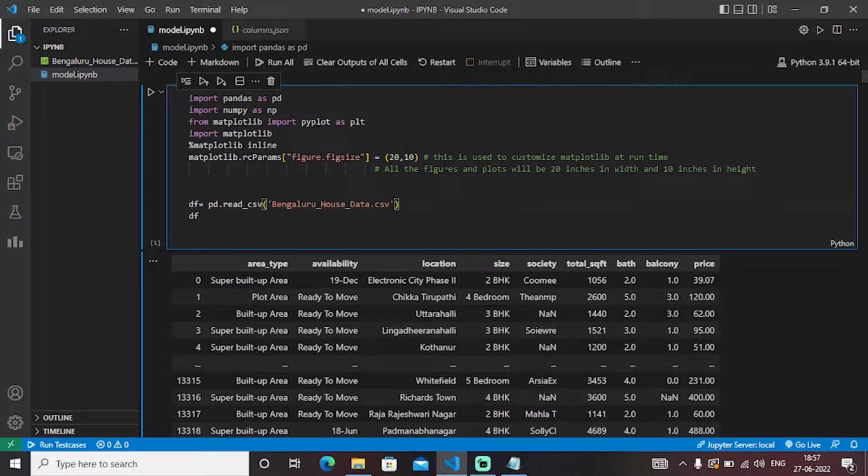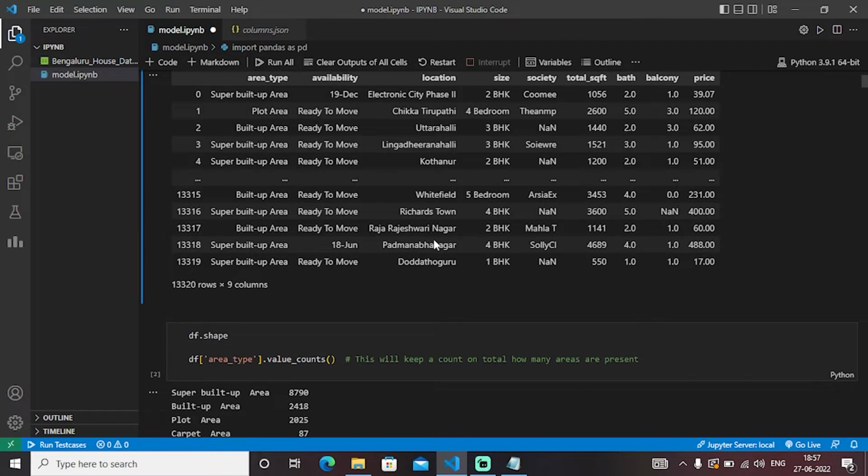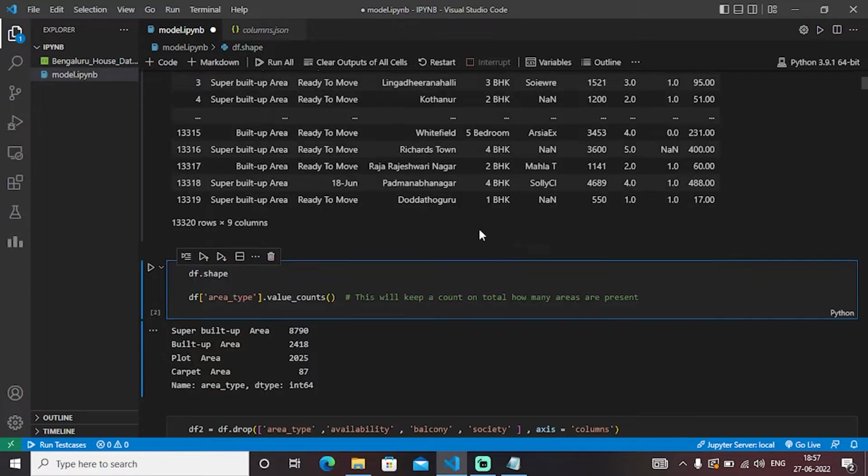So we have loaded our dataset. As you can see, we have loaded our dataset in Visual Studio Code. We have checked the shape of our dataset, and specifically we have checked the shape of our dataset through the area type column. Secondly, we have